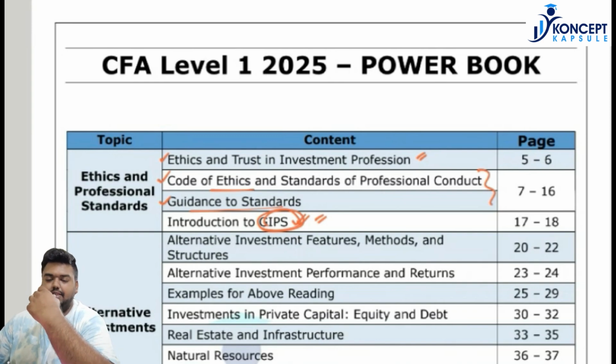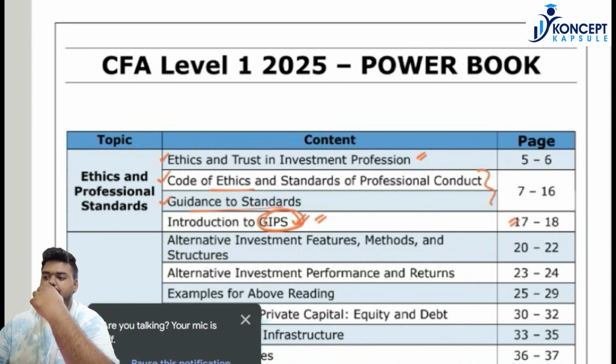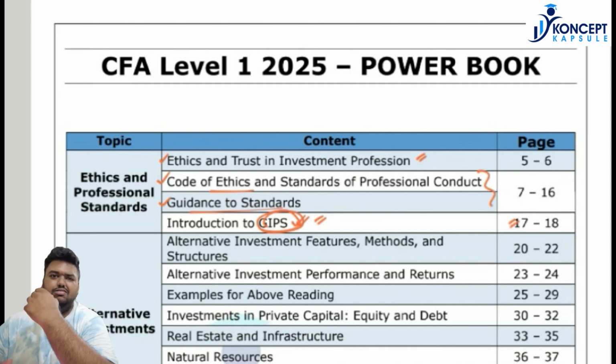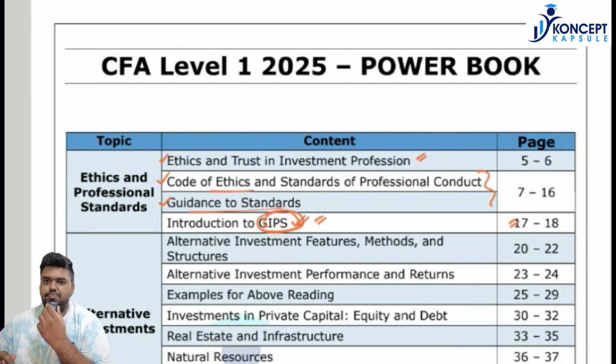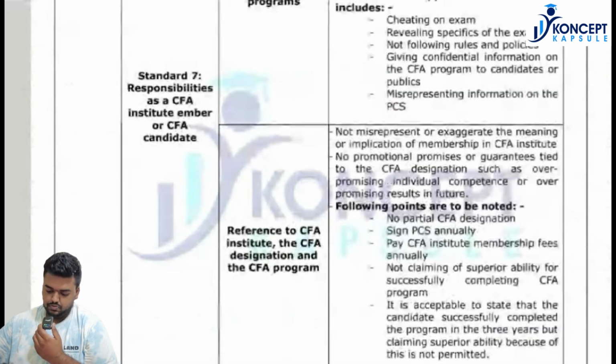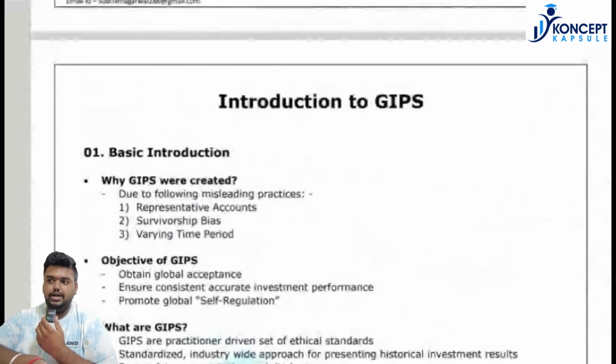If you look at the material that I've prepared, in my material it is a simple two-pager chapter, right? Which we will try to cover in roughly 15-20 minutes. So any student who is preparing for level 1 in 25 and 26, it can be a worthy investment of yours to give this 15-20 minutes and get through the topic, right? So let us start. So let us start with GIPS.